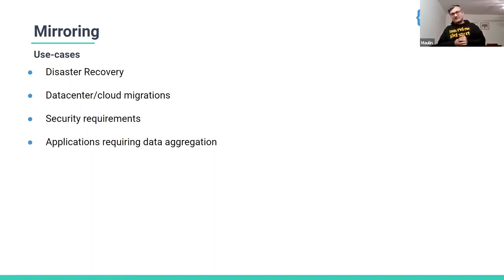And the last but not least is that the application sometimes requires data aggregation. So you can imagine that from the upstream producing of the data, you are getting data in multiple data centers. And you have different regions, let's say, and you have different clusters in that. However, certain applications want to do aggregation over all this data. Now you have two options. Either you make the application talk to every one of the data centers, or you aggregate them and put it in one place where the application can just run its logic from.